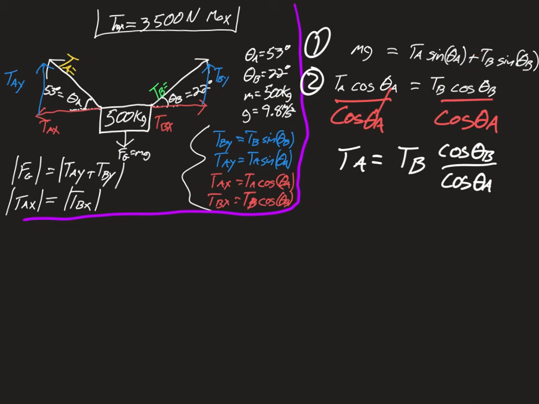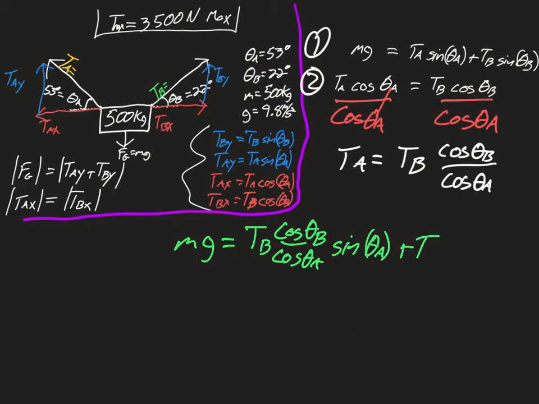If you're having trouble picturing what that looks like, let's just go ahead and do it. Let's use another color for it, though. Let's see, we're solving for TB. We made that one green, so let's do it in green. Okay, so now I'm going to have mg is equal to, instead of TA, I'm going to write TB cosine theta B over cosine theta A times sine of theta A plus TB